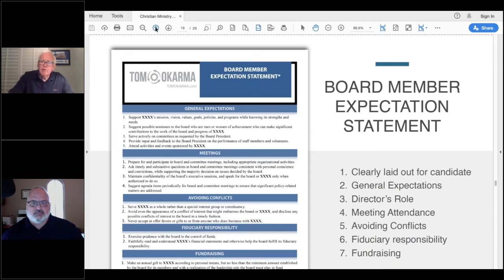Make sure that all conflicts of interest are surfaced. Sometimes people are willing to help out and do something at cost. Board members are willing to do something at cost for the ministry. Well, the board needs to sign off on that and on what the cost is, so people can't come back later and say that Director A is making money off the ministry. Sometimes conflicts of interest are okay as long as everybody knows about it and they approve it. Sometimes conflicts of interest just can't happen, so the board member needs to excuse him or herself from voting on an issue or whatever the case is.